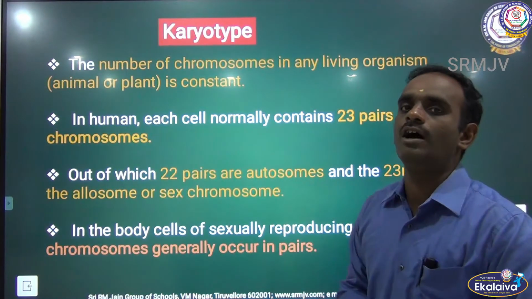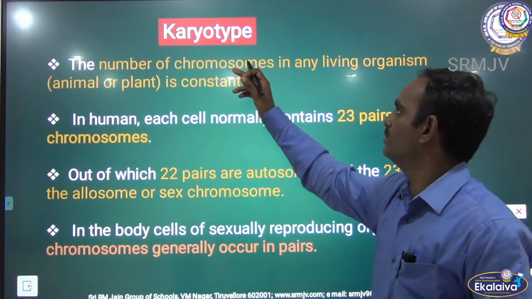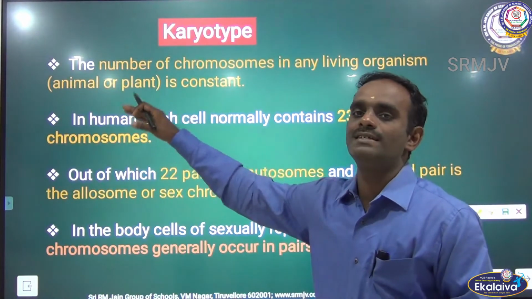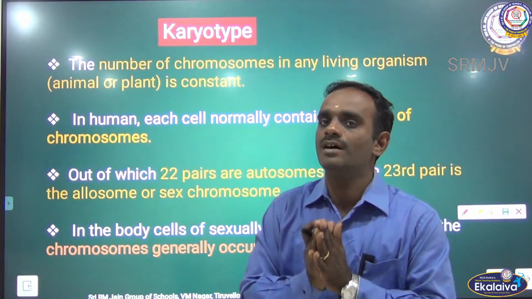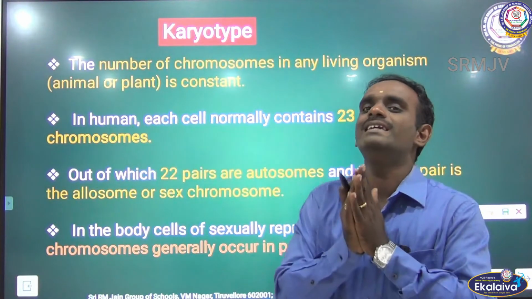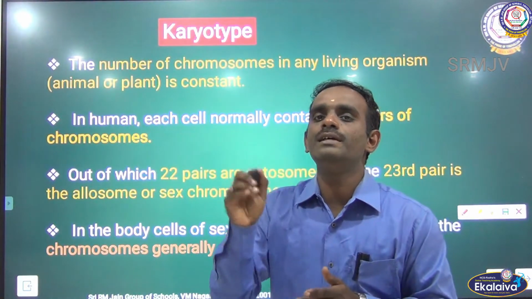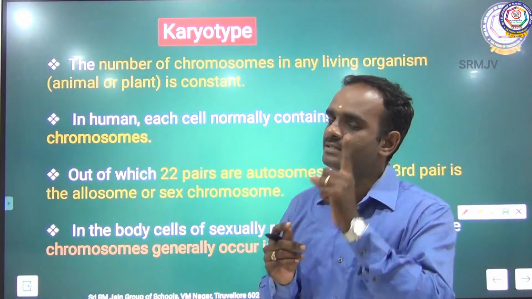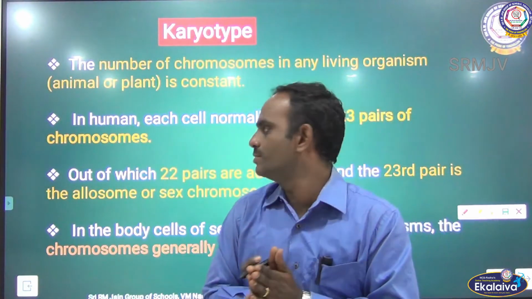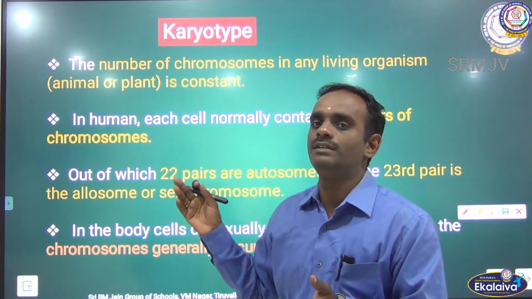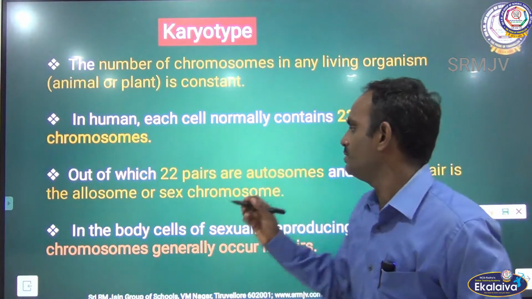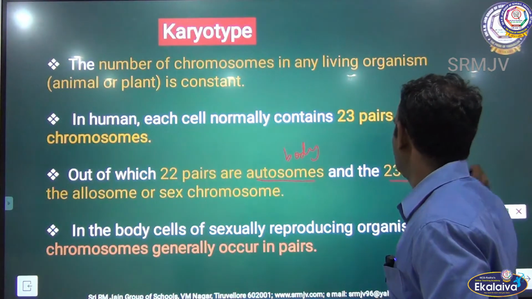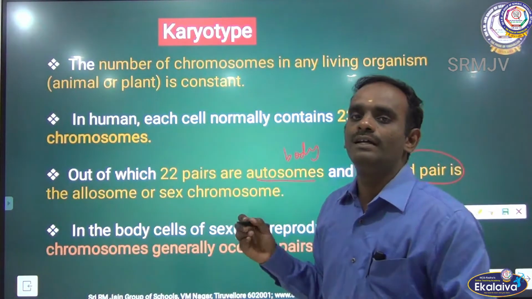Next we will see the karyotype. The number of chromosomes in a living organism is constant, that means in plants and animals. In human beings, each cell has 23 pairs of chromosomes, out of which 22 pairs are autosomes, that is body chromosomes, and the 23rd pair, the last pair, is said to be the